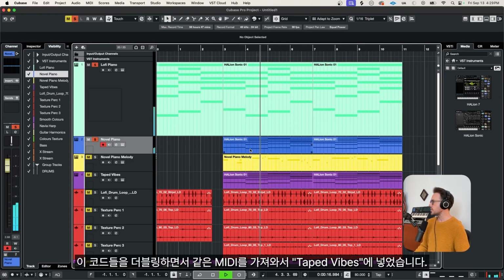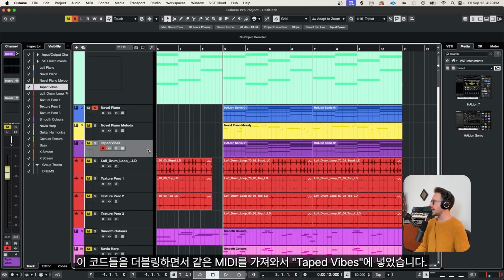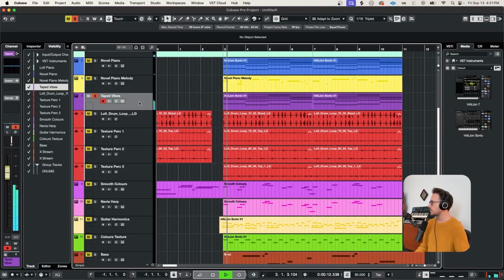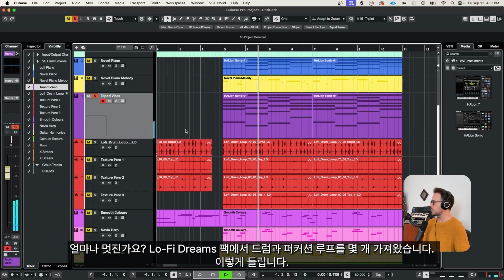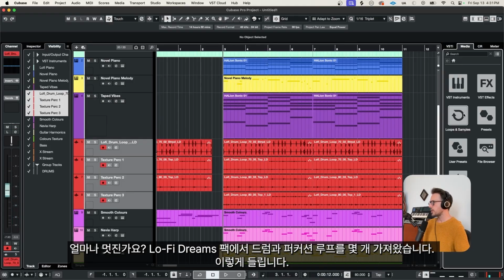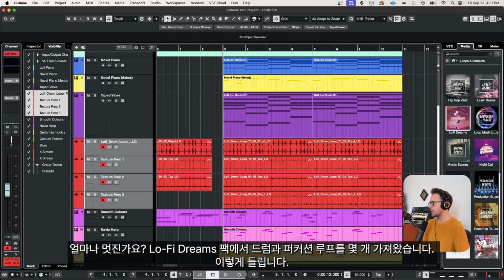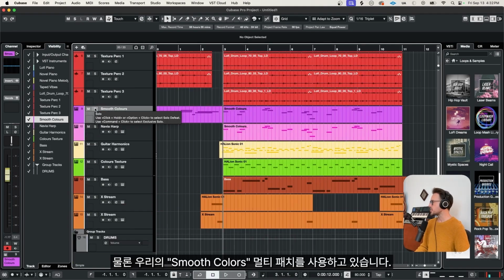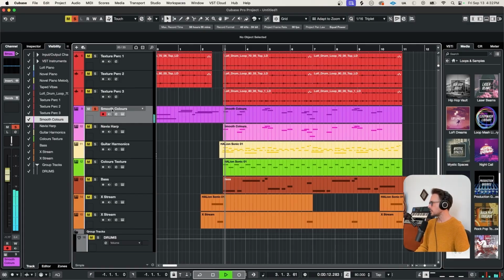So doubling these chords, taking that same MIDI and throwing it into Taped Vibes. I love this instrument. Beautiful whirly tone, playing that solo. How cool is that? I brought in a few drum and percussion loops from the Lo-Fi Dreams pack. Sounds like this. And of course, I'm using our Smooth Colors multi-patch